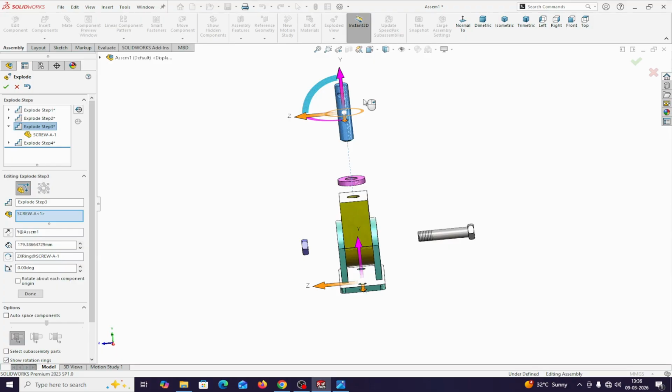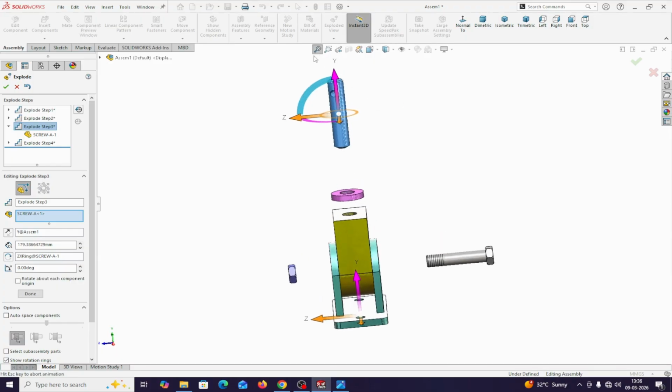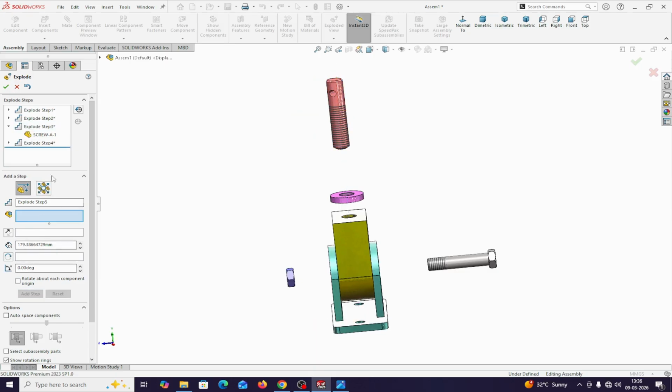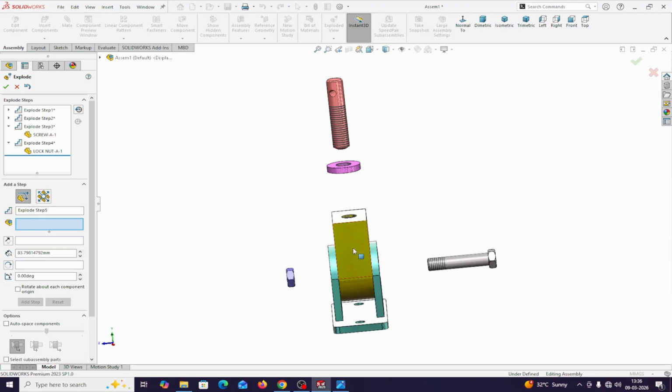Okay, and this one, and done it. Again this part, and this is this part, and click on this arrow key and press left mouse button and drag it, this one in this way. Okay, and now done, and select this part, the rotating part, and press this arrow, press left mouse button, hold it